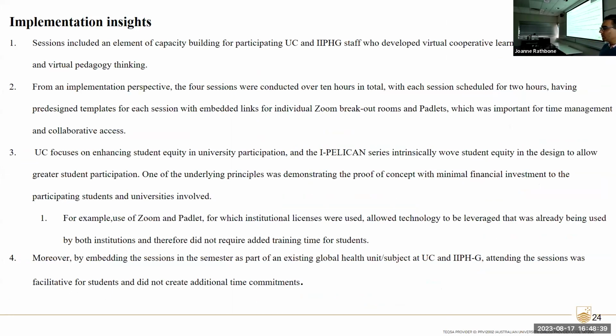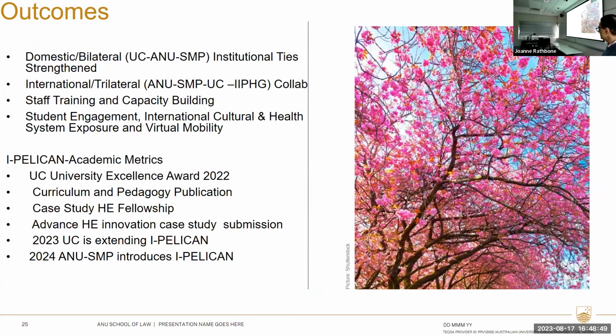Now, coming back to what we were trying to achieve and what we learned, this initiative was really useful for a couple of things. And the key ones are highlighted here. One, it allowed us to have stronger relationships between 2 universities that share a very close relationship already and are just geographically separated. This was also an example of a trilateral collaboration between the Australian National University, University of Canberra, and an Indian university